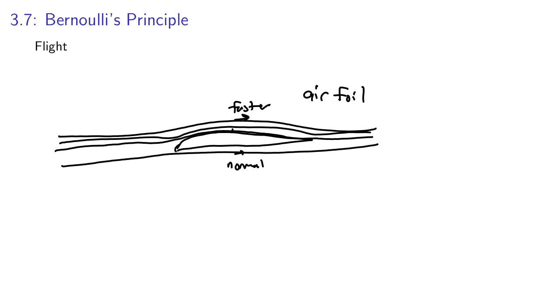And this higher speed causes there to be a lower pressure due to air pressing down on the wing laterally than the normal speed below. And this smaller amount of pressure versus the larger amount causes there to be a net force pushing up on the wing. We call this force that pushes up on the wing lift. Pretty straightforward name for it. It lifts straight up. Actually, it lifts